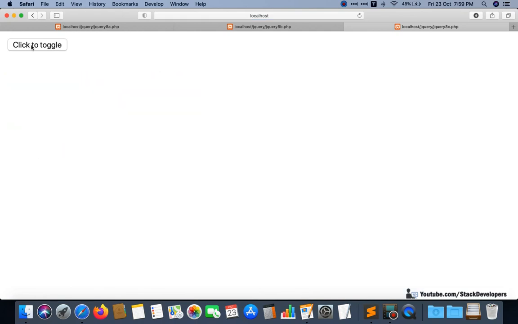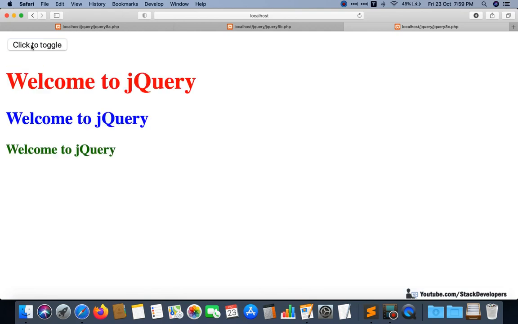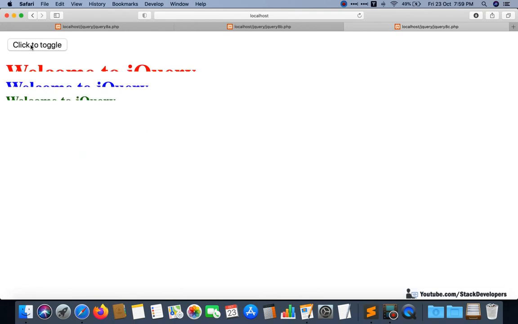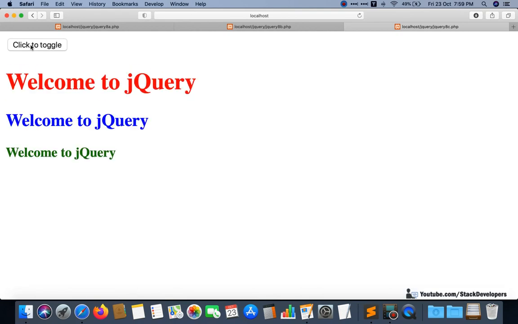If next time without refresh I click on this one, then the HTML elements must come back. See here, one time the same button works as slide up and one time works as slide down. So see here, one time up, one time down, one time up, one time down.